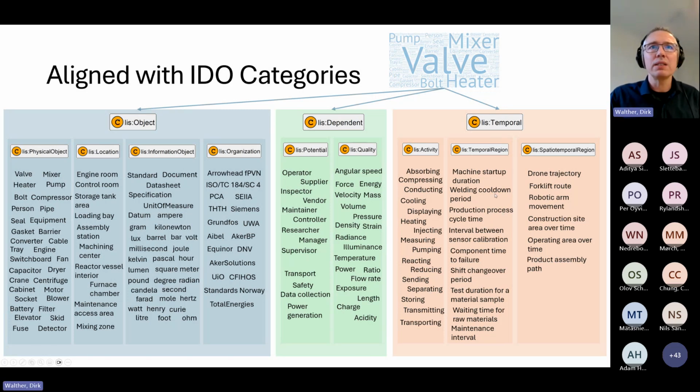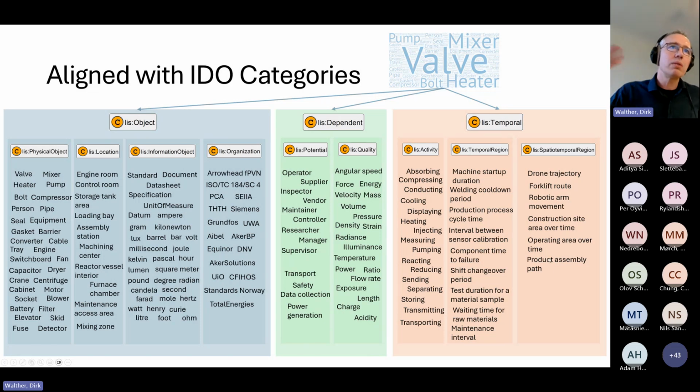Temporal regions are things like machine startup duration, welding cool down period, component time to failure, waiting time for raw materials, and so on. Spatiotemporal regions are things like the route that a forklift takes, a drone trajectory, the construction site area over time, or the product assembly path.